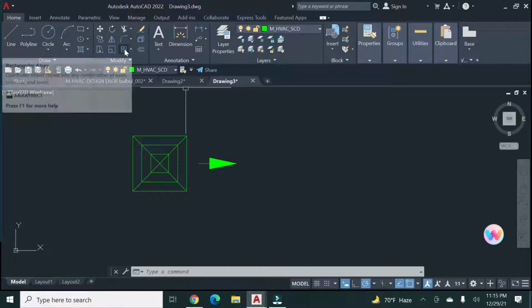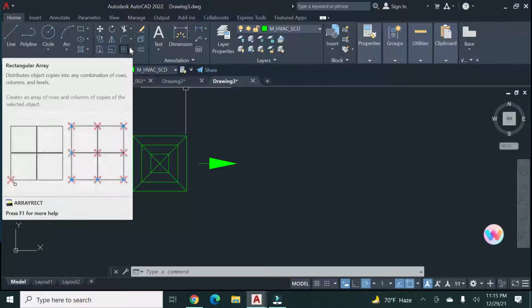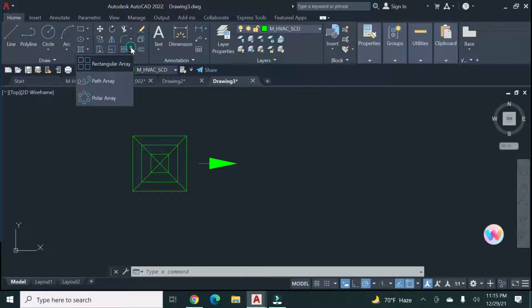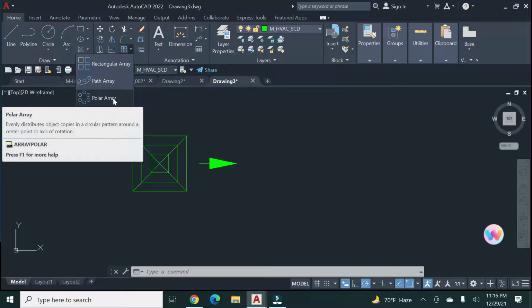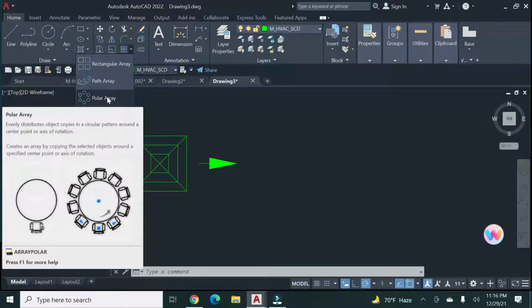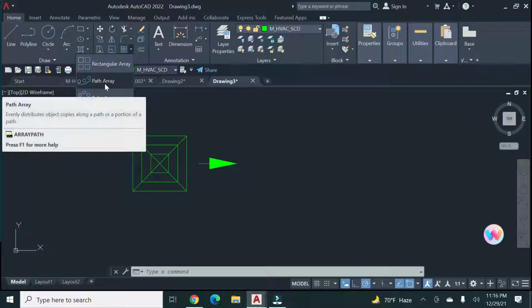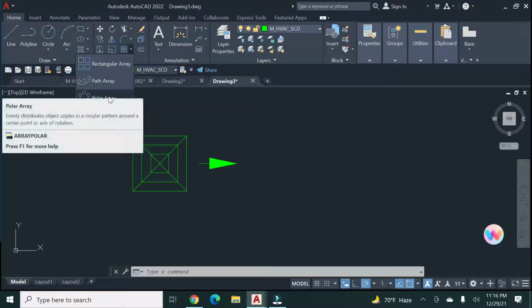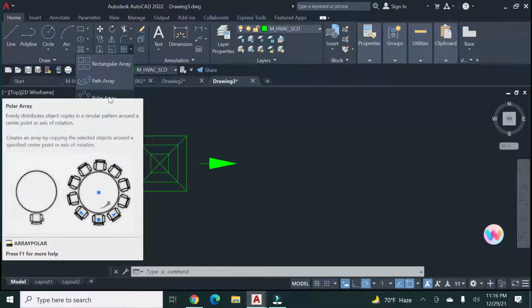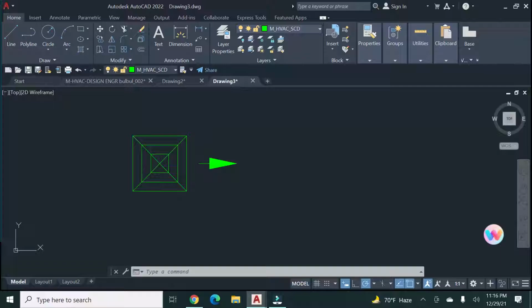I'll go to the array command in the modify toolbar. Okay, it's the polar array. I want the polar array, which means the objects will be arrayed around a center object. Not path array or rectangular array; I need the polar array because I want to show my array around the ceiling diffuser.